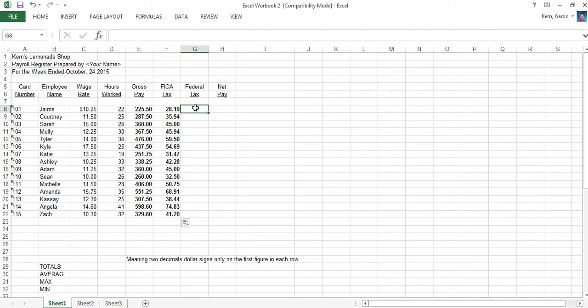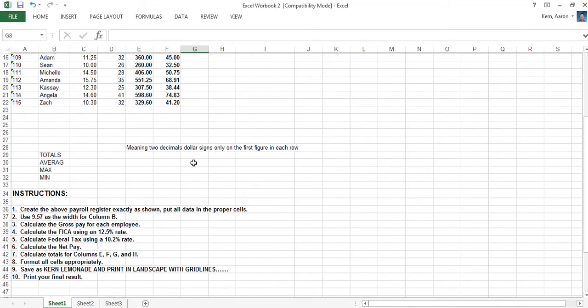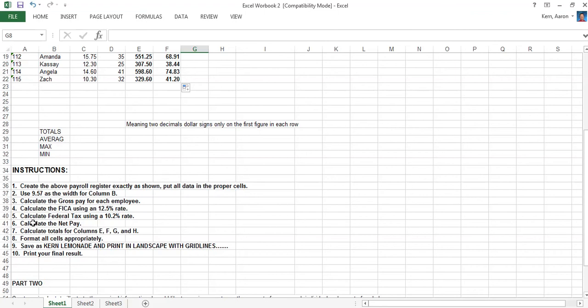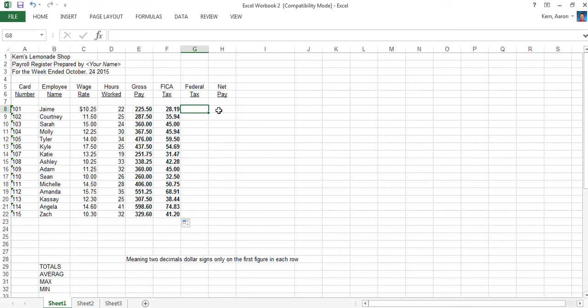Okay. Federal tax is found the same way as we find FICA tax. We take our gross pay and we multiply it by a percentage. Go down here to our instructions and see what that percentage is, and the percentage is 10.2%. So I'm going to go back up, I'm going to click in the cell, I'm going to tell the computer I want to use a formula by hitting the equal sign, clicking the gross pay, and multiplying it by, I'm going to double check, 10.2%. So because it's 10 or more, I'm going to put 0.102,